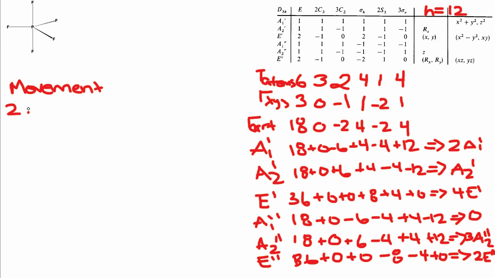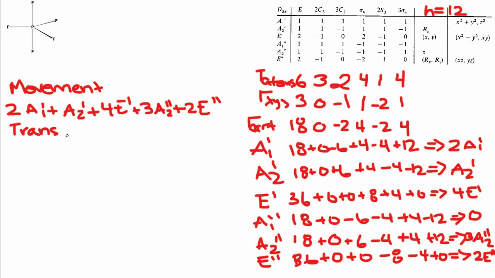will be 2A1 prime plus an A2 prime plus 4E prime plus 3A2 double prime plus 2E double prime. And so if we look at the character table, we can see that we can subtract out the translational component, and so this is going to be an E prime and an A2 double prime. For the rotational, what we'll subtract out is an A2 prime and an E double prime, and so in the end we'll subtract out the translational and the rotational, and what we'll get for the